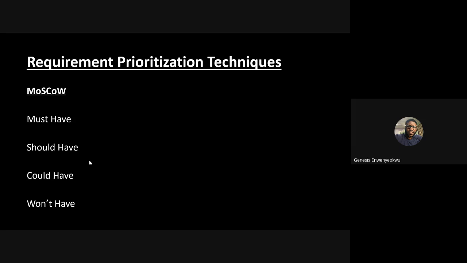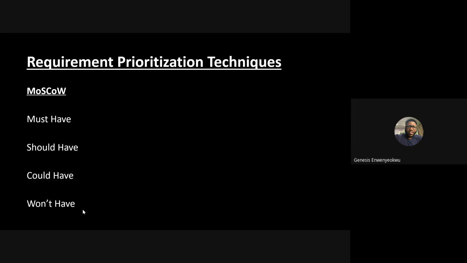Number one is the MoSCoW technique. As the spelling of this MoSCoW goes, we have the M uppercase, S uppercase, C uppercase, and W uppercase. And they represent M for must have, S for should have, C for could have, and W for won't have. That is what the MoSCoW prioritization technique talks about, looking at prioritization on the basis of things